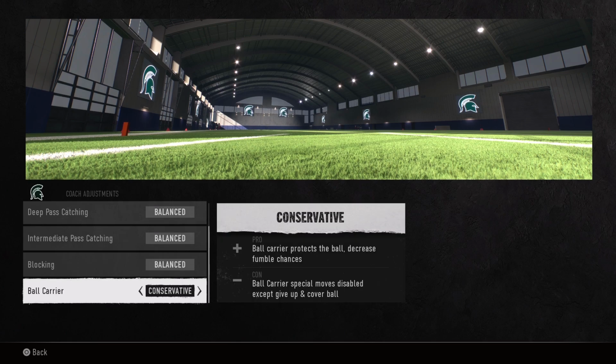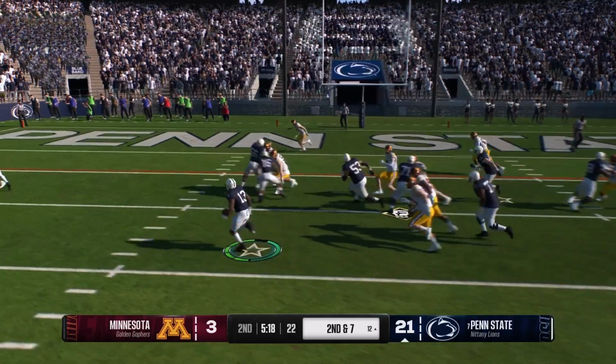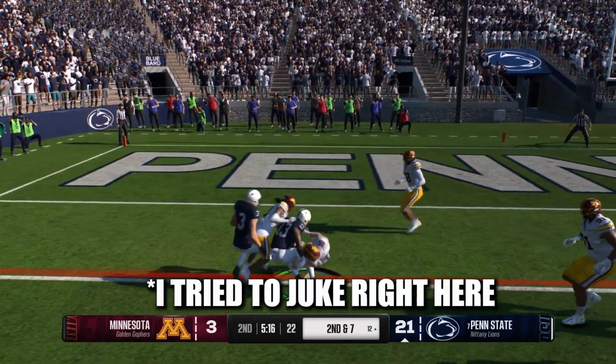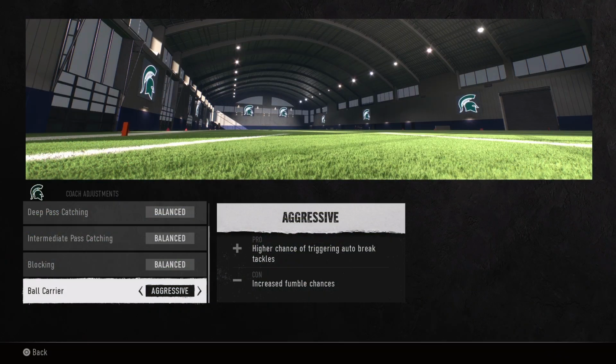It's the last thing for the offense in the coach adjustments. You protect the ball on conservative. You protect it very well, and you won't fumble, but keep in mind, you won't be able to juke. You won't be able to spin. Any special moves are going to be disabled, which you can see on the screen here. I am actually trying to juke and spin to get past the guy,